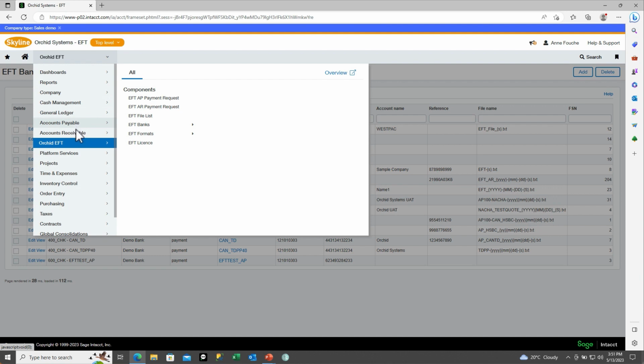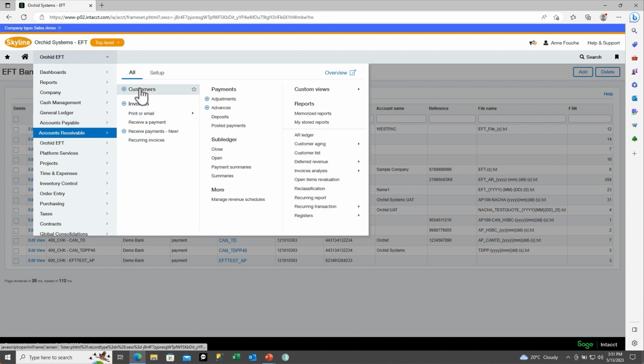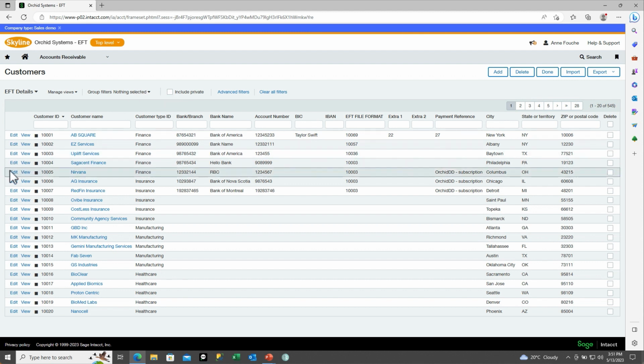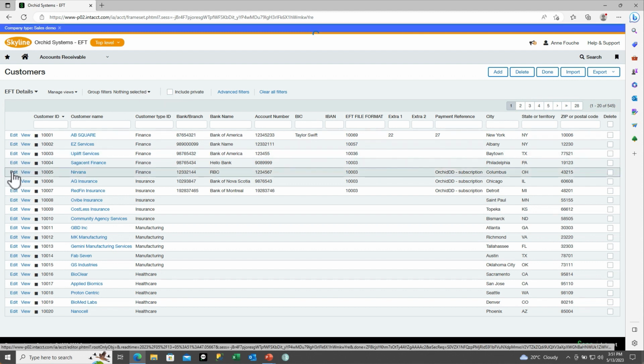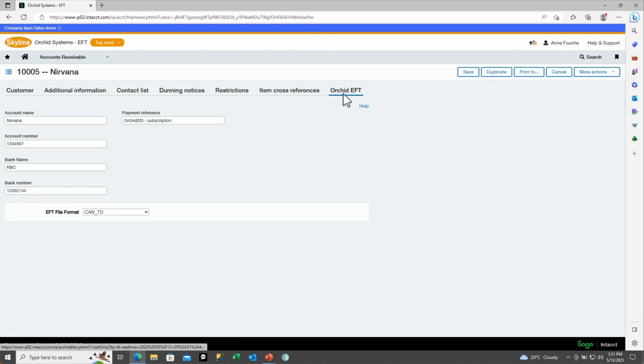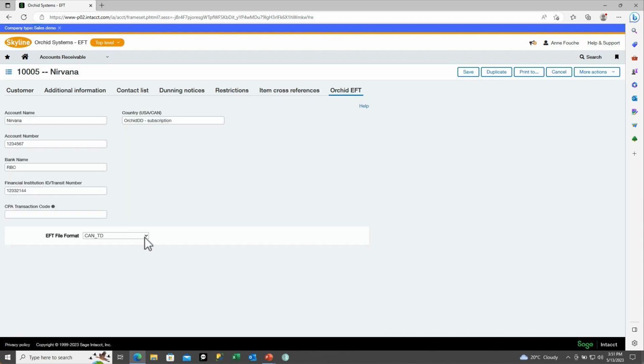So we would go to our Accounts Receivable customers, and for those customers that we're going to direct debit, on the Orchid EFT tab, we would select the CAN-DD format, and then we would fill in the details as are required. So for our CPA transaction code, we would need to fill in the associated code,